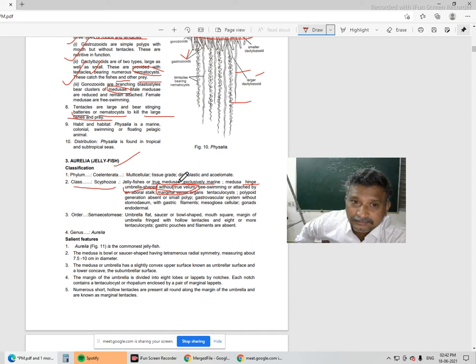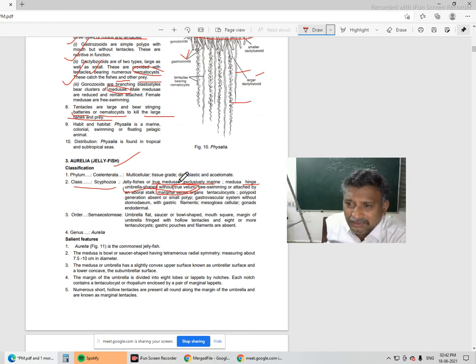Yes? Aurelia, sir. Not Aurelia. I think Porifera. Simply, phylum I am asking. If we see an organism with numerous cells in its body, that is the character we have observed. Based on that we can say that organism belongs to phylum Porifera. Or if so many pore-bearing structures are there, that organism also belongs to Porifera.